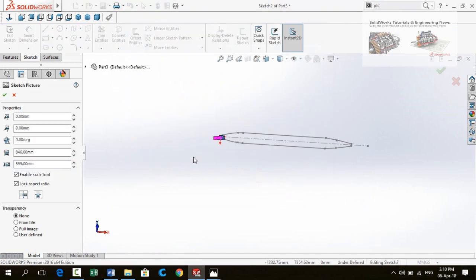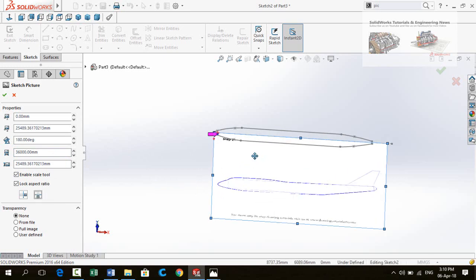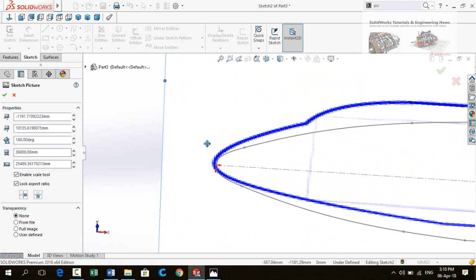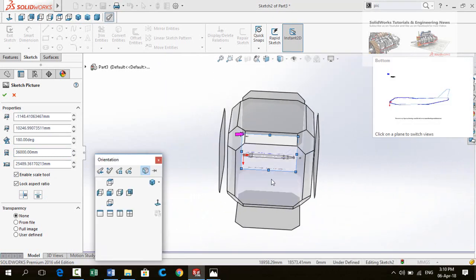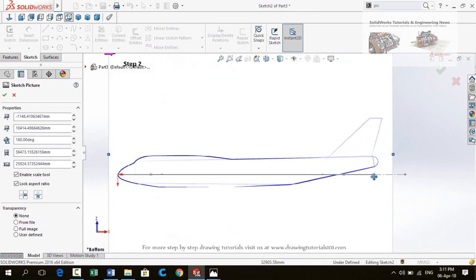Press OK button. Type here width 36 meter. Select flip vertically and then align the nose with the origin. Scale up the picture.